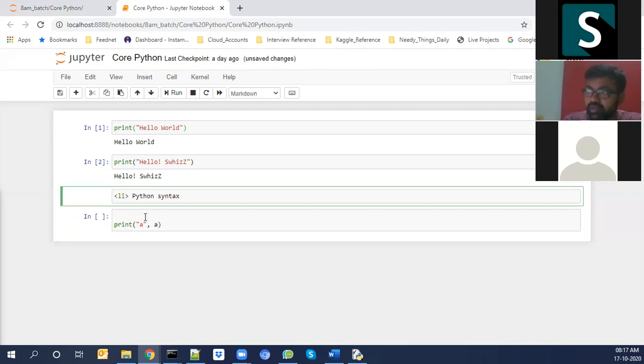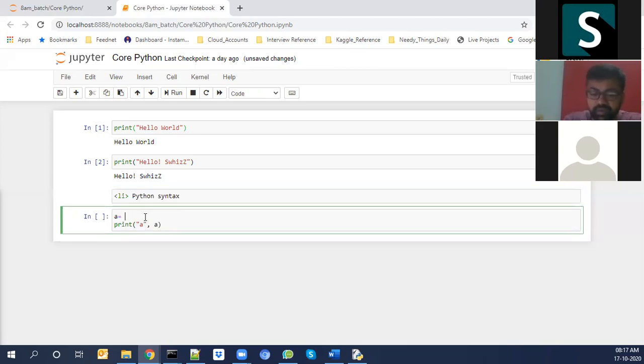Prior to that, a equal to 10: you give a value assigned to a variable. The value you are assigning will be on the right side, and the variable you are assigning it to will be on the left side of the equal to operator.